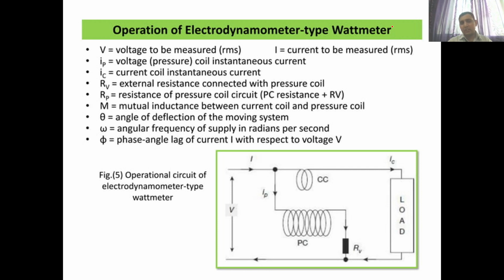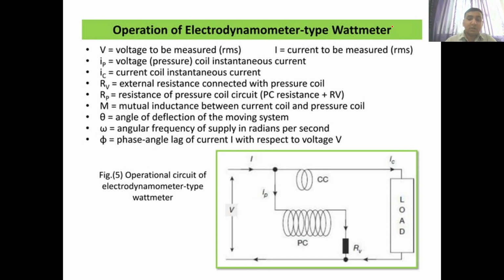V and I are the voltage and current to be measured for a load, IP is the current flowing in the pressure coil, and IC is the current flowing in the current coil, where RV is the resistance connected in series, because we want the potential coil to have the highest resistance. And RP is the resistance of the overall coil, basically the resistance of the potential coil plus the external resistance we added to it. Now we will see the effect of this RV in the next lecture also,